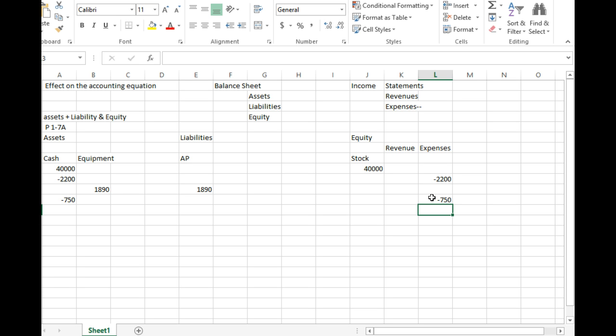All right, let's try one more. Company provided consulting services for a client and collected $5,400 in cash. So what's one effect for that transaction? Okay, cash is going to increase 5,400, and what's another effect? Revenue, which is kind of under equity. That also increase or decrease? Increase 5,400. Okay, I'm going to stop this for